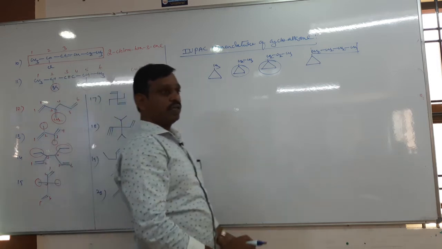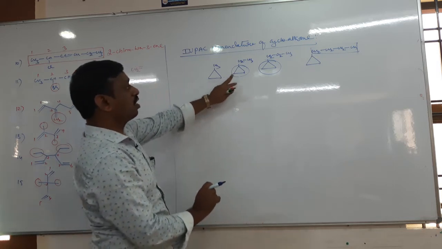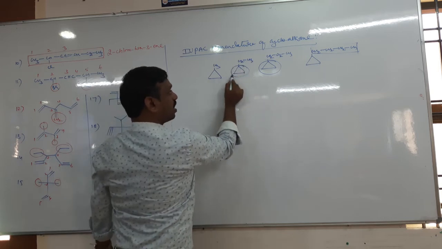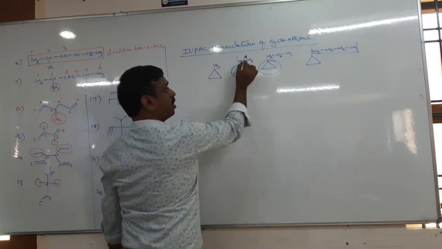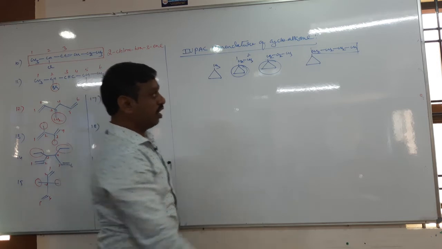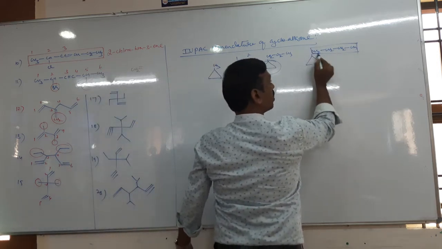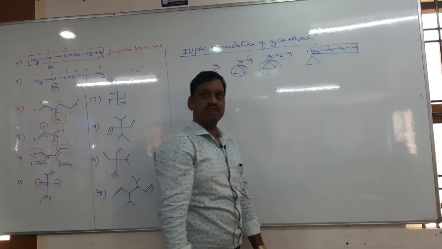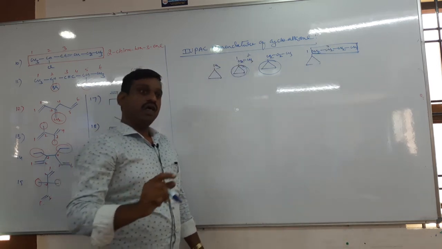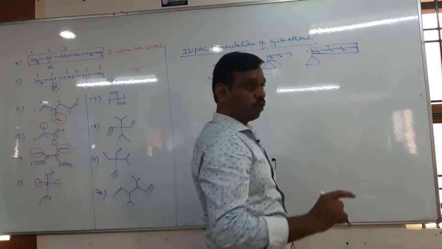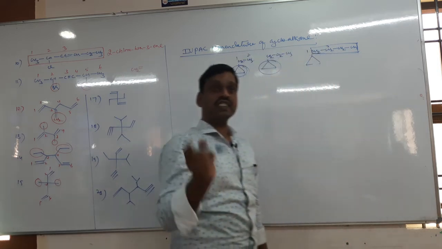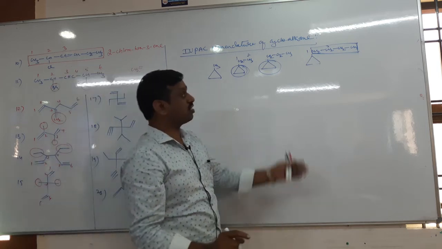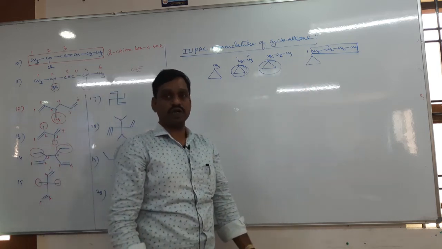Second rule, numbering. Numbering is the same rule. So numbering should be given from the side of what? Cyclic ring. Say if this is a cyclic ring, then give the numbering 1, it is 2. If this is a parent chain, then give the numbering, this is 1, it is 2. But the numbering, if there is a functional group, tell me